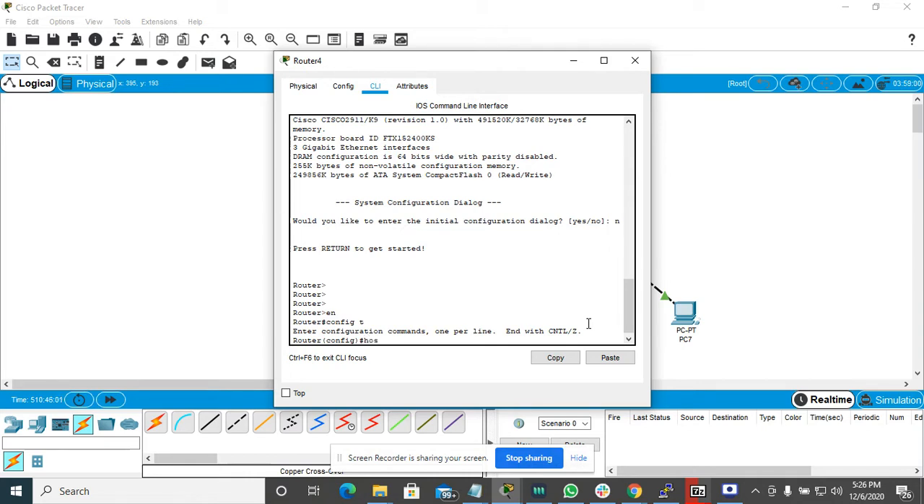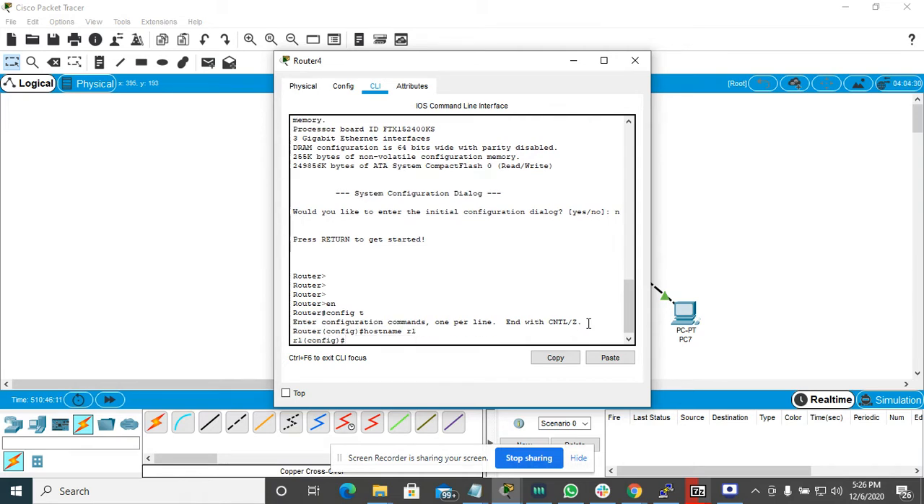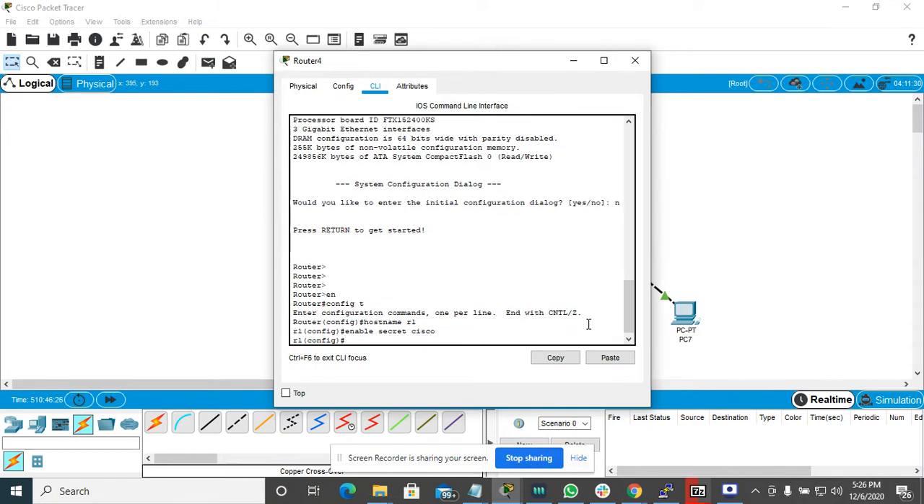From user configuration mode, we're going to go into global configuration mode. So we're going to configure our interface. The first thing we're going to change is the router name. It's going to be named R1. We're going to set up a password